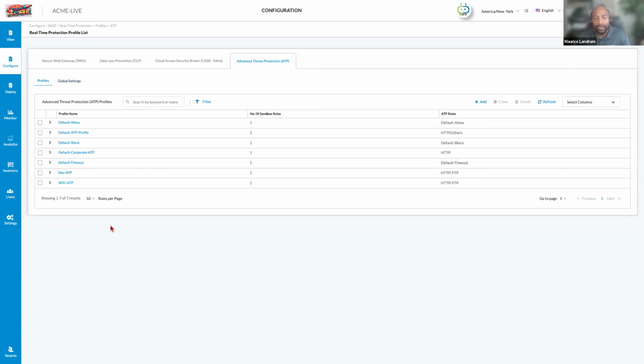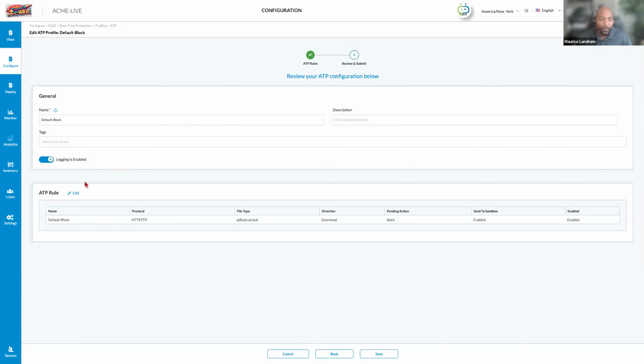And then under the profiles, you have a set of profiles that you create. And within each profile, you can also create additional rules. So I'll just open up this default block profile, which is the first one we'll take a look at. And under the default block profile, we have a select box where you can check if it's logging.